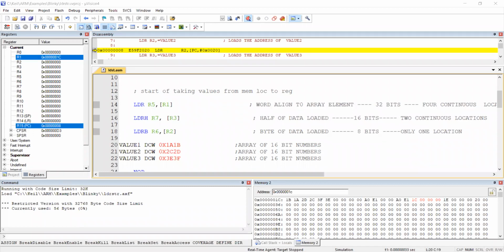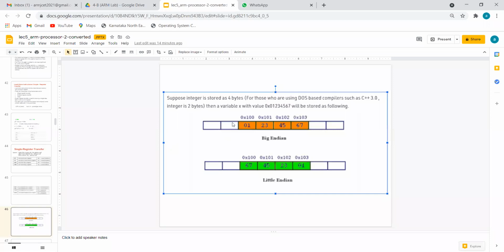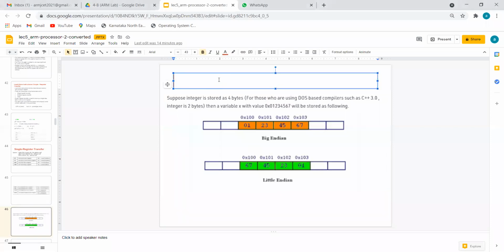Okay, now coming back to this slide, now we apply this logic. What's your actual number? 1A, 1B. Okay, this is the number. So number is 1A, 1B.